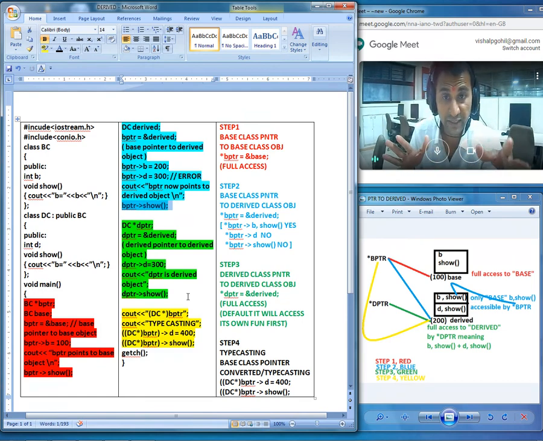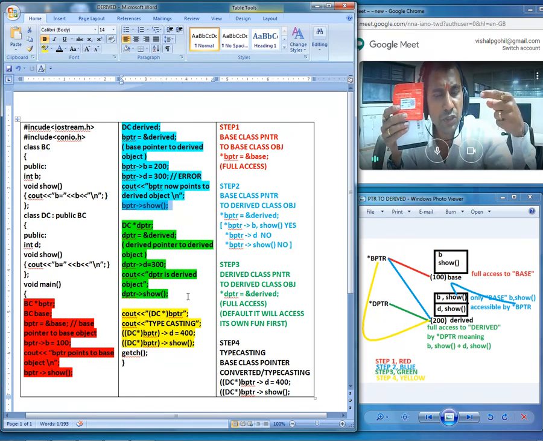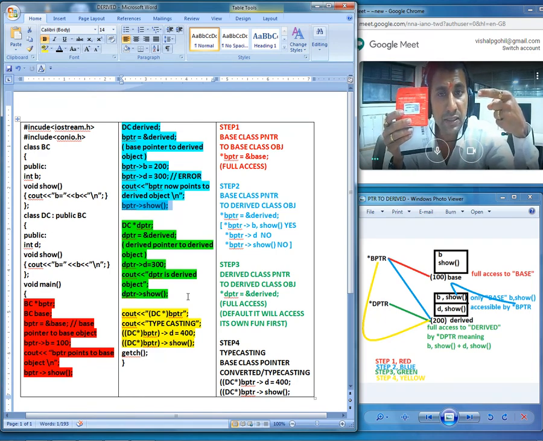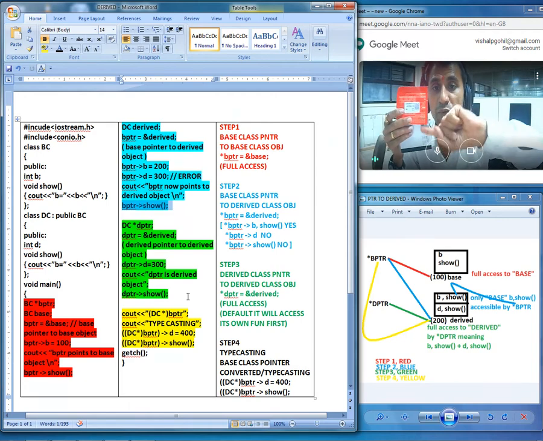All right, even in the diagram, even in the code, once again the same practice: base class object, child class object, base class pointer, and child class pointer. What we are going to do is typecasting, converting this base class pointer into a child class pointer. Once the base class pointer is converted into a child class pointer, it will have all the access to the child class properties.